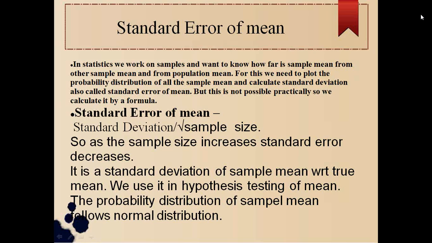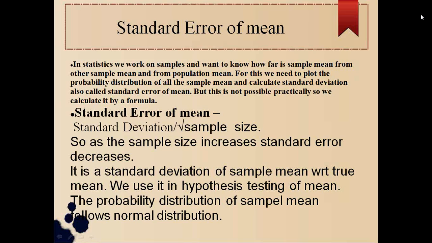So this standard error of mean gives an idea of what is the possibility of an error with the sample. The formula for calculating standard error of mean is standard deviation divided by sample size. So I will take an example now. Let's say the standard deviation is,